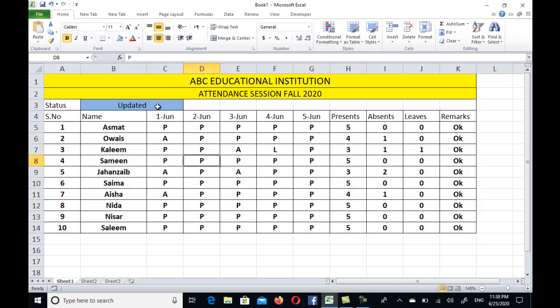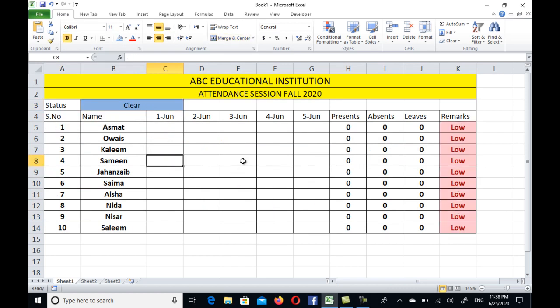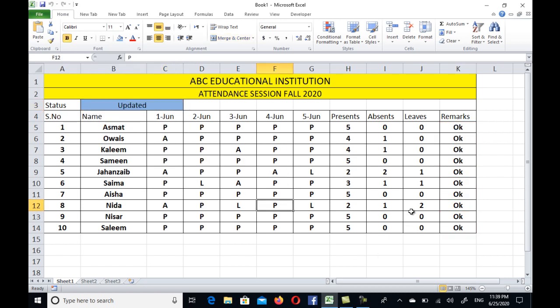Okay, once again let's clear this for the new students or for the new week. So pending, A, absent, leave, absent, absent, and leave, absent, leave, leave. Okay, now if I update this, all I have to do is just click the update and click anywhere. Now you can see that